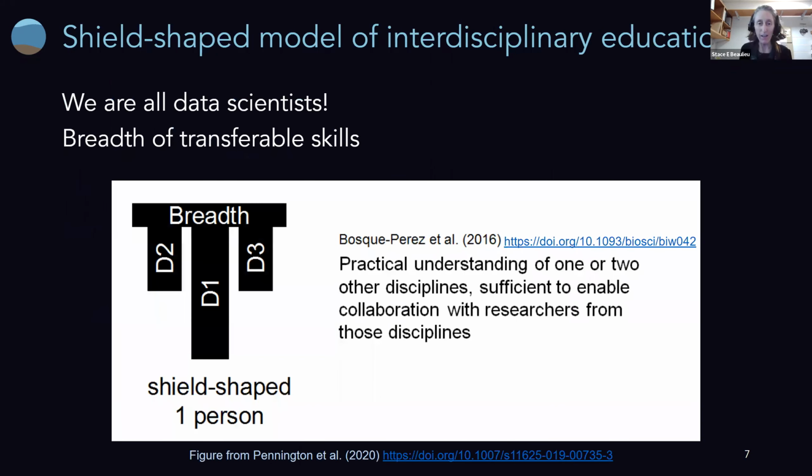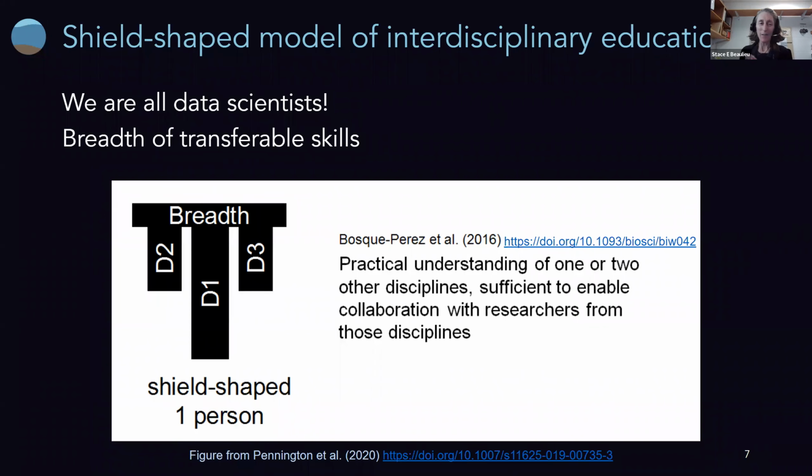My teaching philosophy is based on an interdisciplinary education model. It's a published model called the Shield Shape Learner. And this means a researcher who has deep knowledge in a field of study, so discipline one represented here in this graphic, and then has a breadth of knowledge in other disciplines as well.